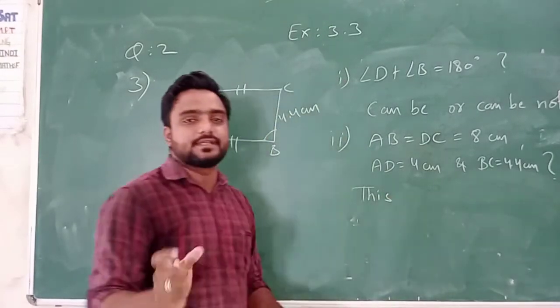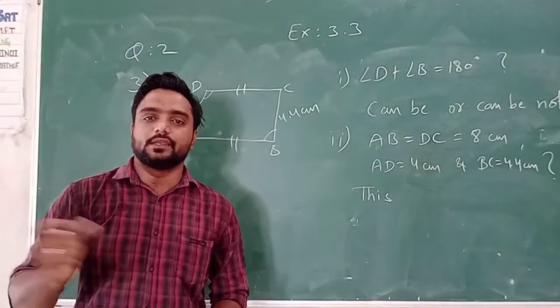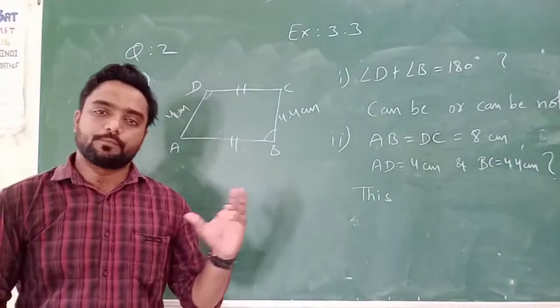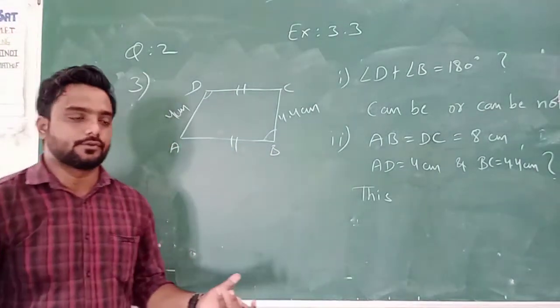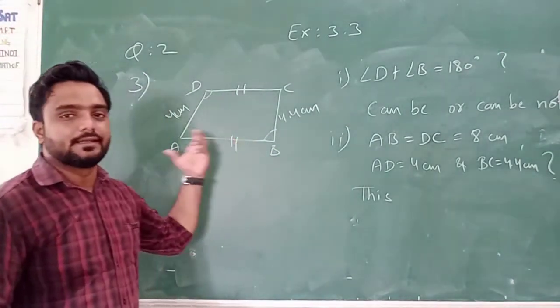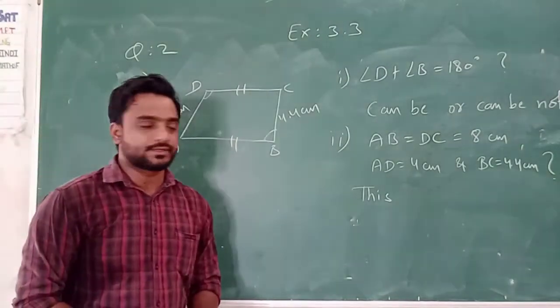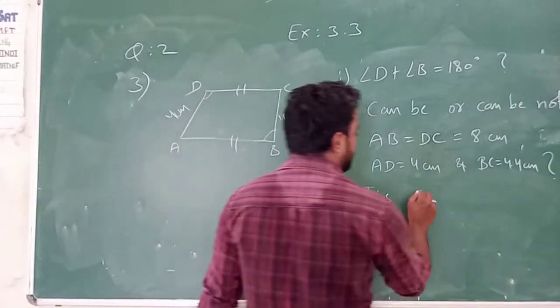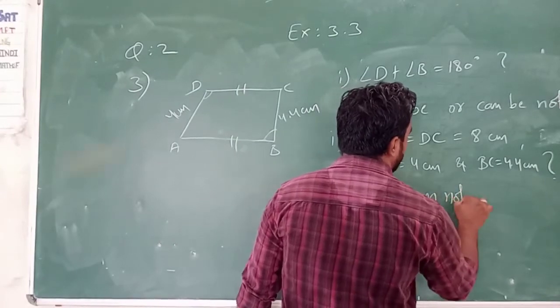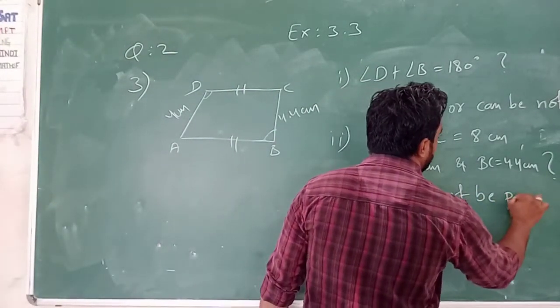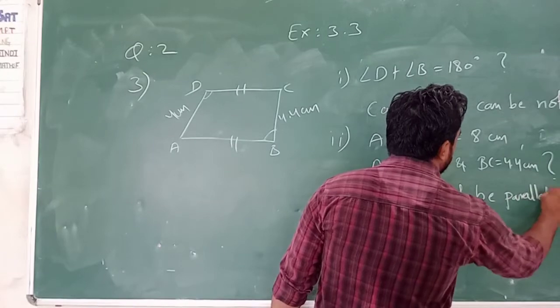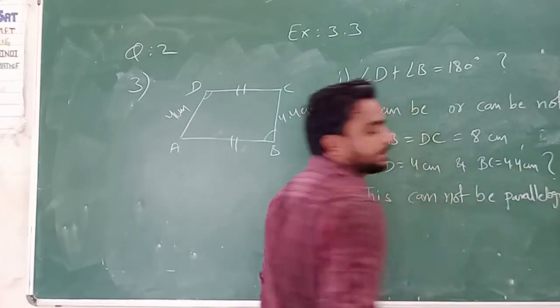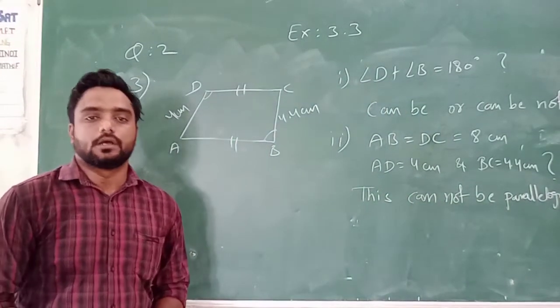हमें क्या है? Opposite side जो है quadrilateral की equal measure के अंदर रहती है, means वो parallelogram की property है. Understand or not? So on the basis of that, we can say that it is considered as a parallelogram. Understand or not? So this cannot be parallelogram. This cannot be parallelogram. Understand or not?